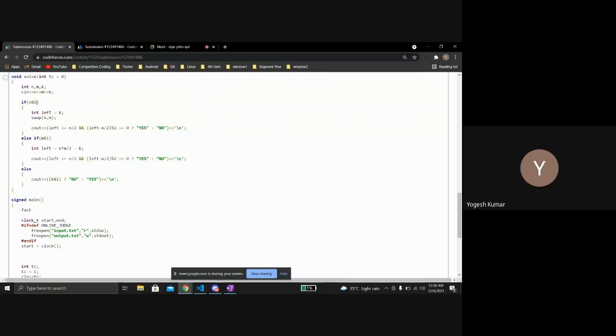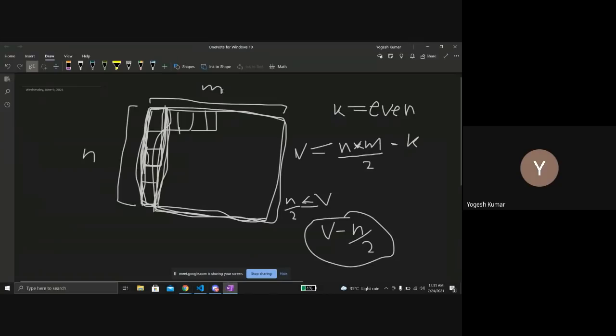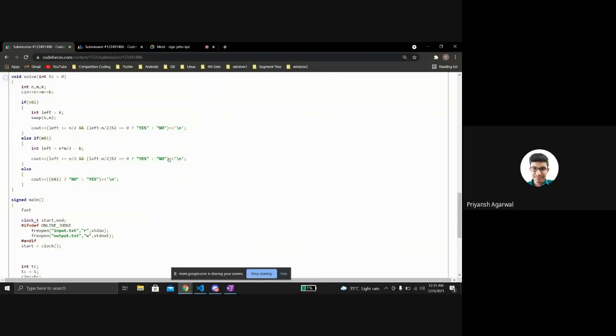In case n was odd and m was even, I didn't want to consider it again based on n and m, so I basically swapped the cases. You can invert the table. If this side was m, I flipped this table from here over here. That's why I was able to use the same statement here. That makes sense.